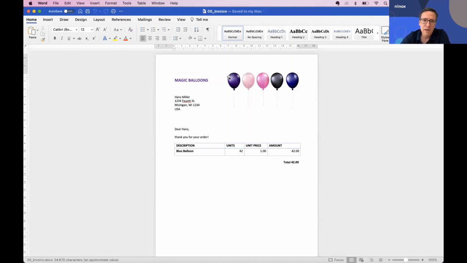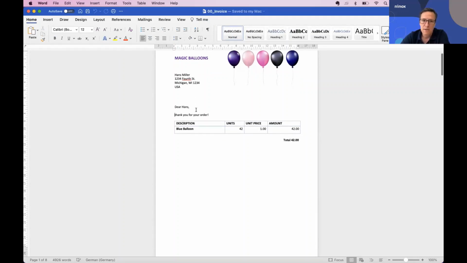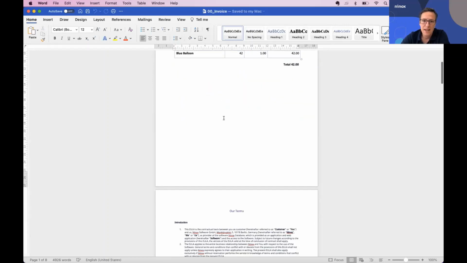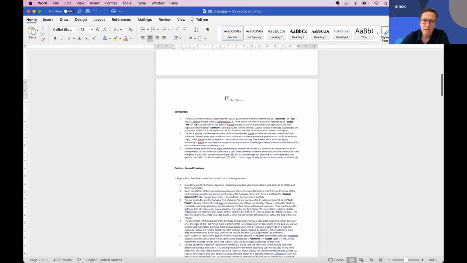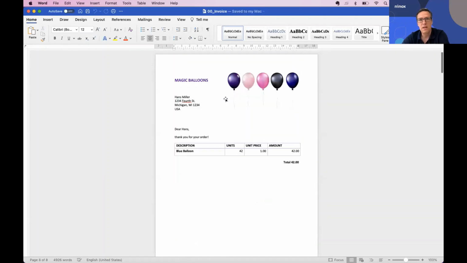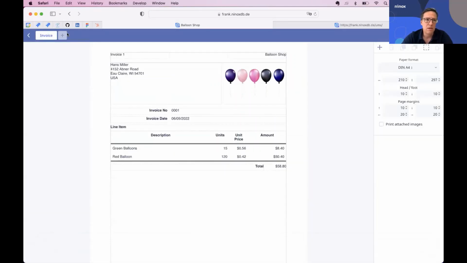So marketing created this beautiful layout for an invoice and said, okay, you have your logo, you have your imagery. There we want to see the customer address, want to have some nice sentence, and obviously line items. And at the end of the document, by the way, we added 6 pages or so of terms. Yeah? So everything prepared. How do we get that into Ninox? Actually, it's quite easy because,